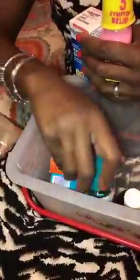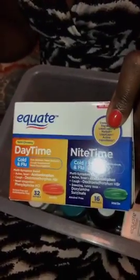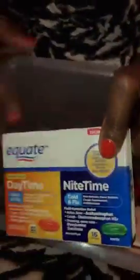Castor oil has a ton of uses. Can't go wrong with this. Got ibuprofen, Visine eye drops, in case she needs those. This, daytime, nighttime, cold and flu meds. So again, they don't have to go out trying to figure out what am I going to take. These cover a multitude of symptoms. Love both of these. Again, generic versions of the name brand, so they work just as well. Midol for the girls, that goes without saying. And then also